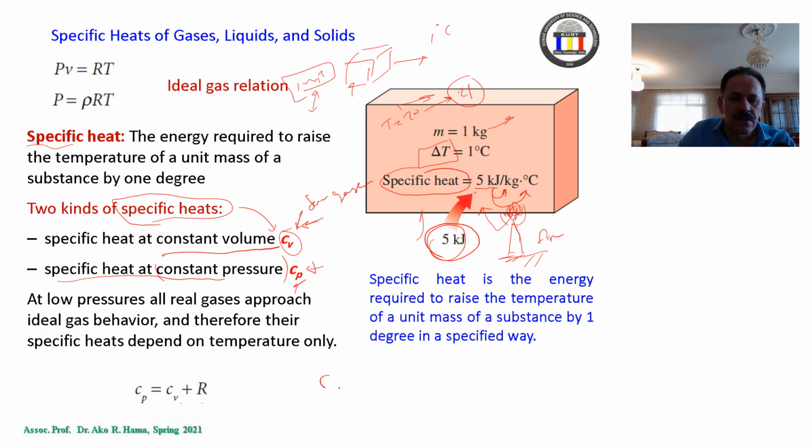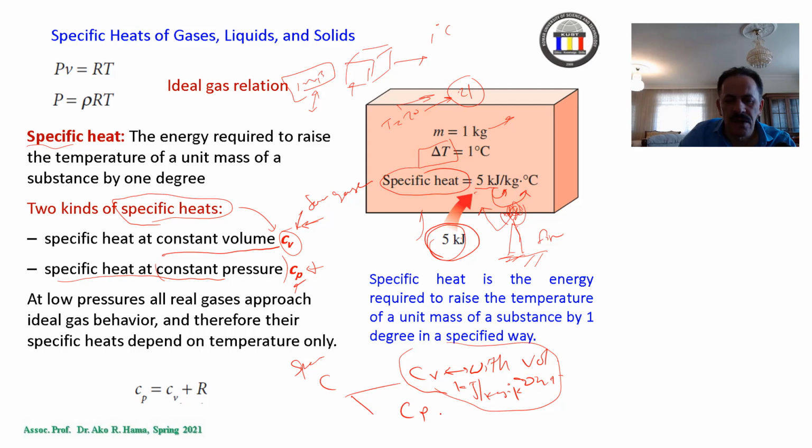So now the C, which is the constant specific heat, we have two types. Either it will be C sub V or it will be C sub P. This is with volume constant. So how many kilojoules per kilogram per degree Kelvin or Celsius without having any change in the volume, and Cp also, how many kilojoules per kilogram per degree Celsius or Kelvin with having the same pressure, without change in any pressure. That's the thing that we have.